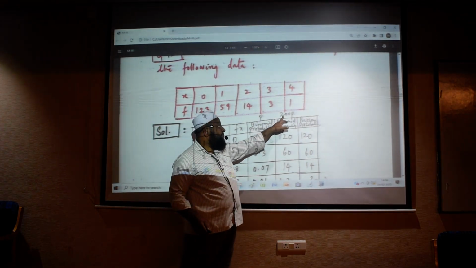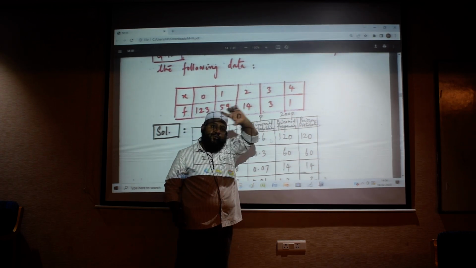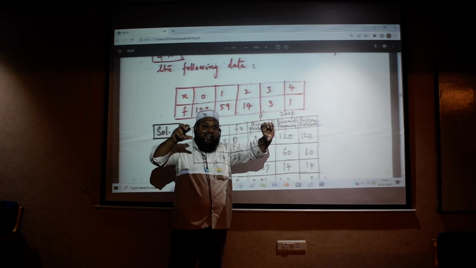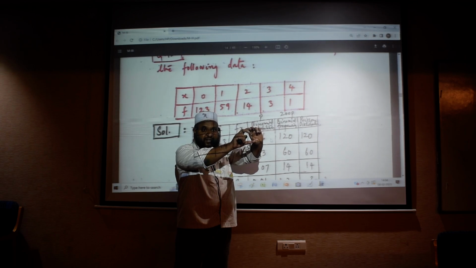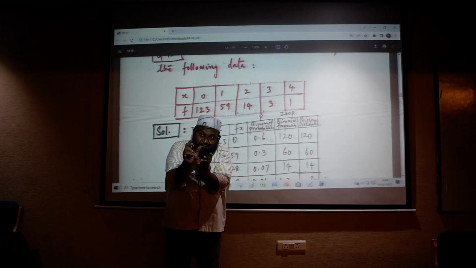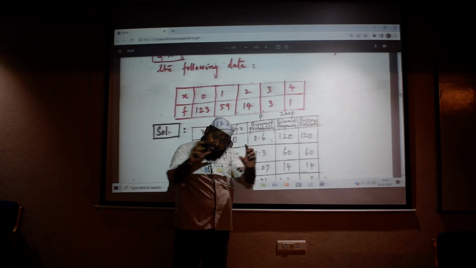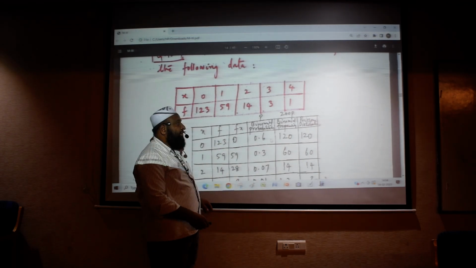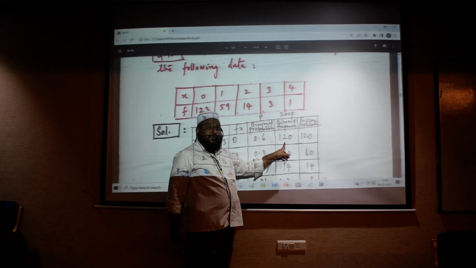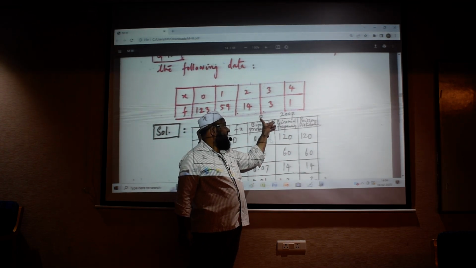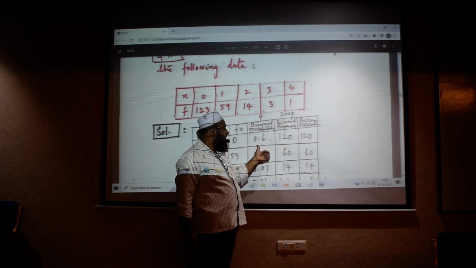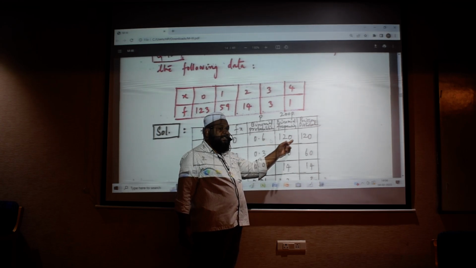Now I am multiplying 200 with those P values, because the total count is 200. Adding all the frequency values, it is 200. But that 200 has to be distributed in such a way that it satisfies the Poisson distribution. So 0.6 into 200, this is P, this is 200 P. So what happens now? 0.6 into 120, that is